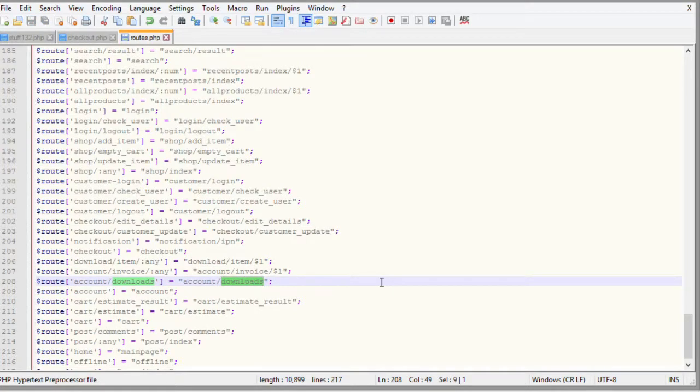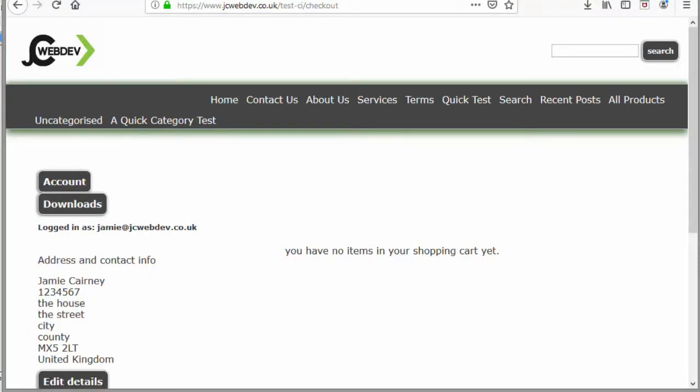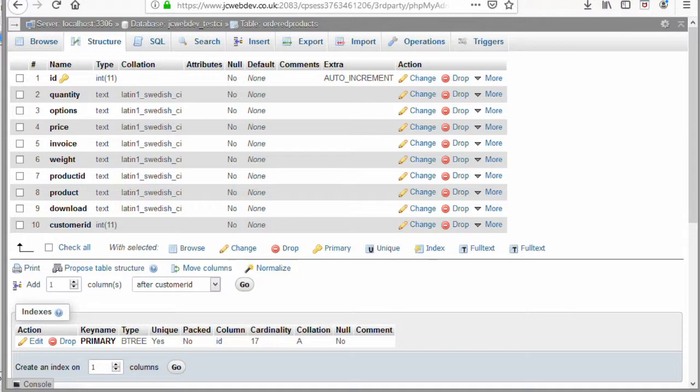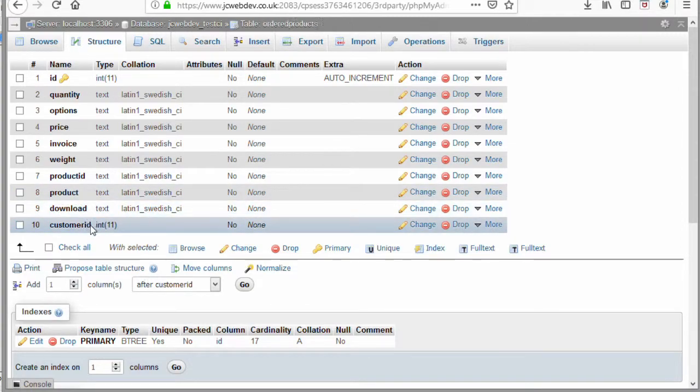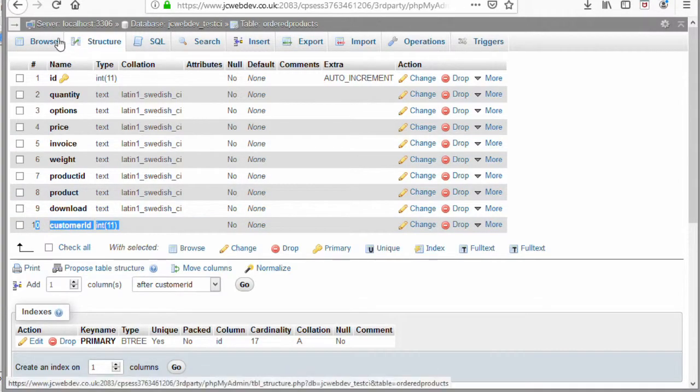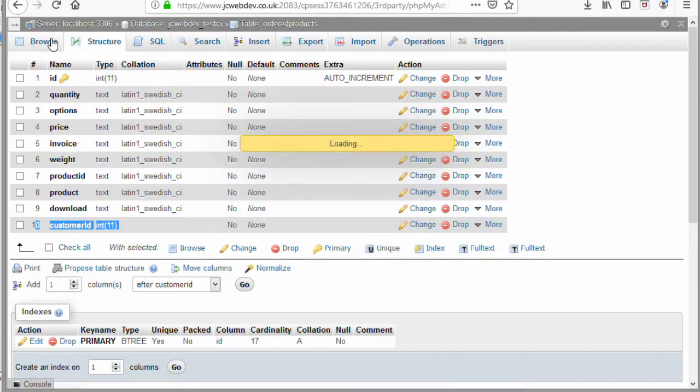So if we save this, before we make our downloads function, there's one tiny little thing we need to do inside our database. So if we come into phpMyAdmin, and if we have a look at our ordered products table, I've already added one column on to the end of this. So you want to add one column after download, and you want to give it a name of customer ID, a type of integer, and a length of 11. And if you add that to this table, if we click browse,